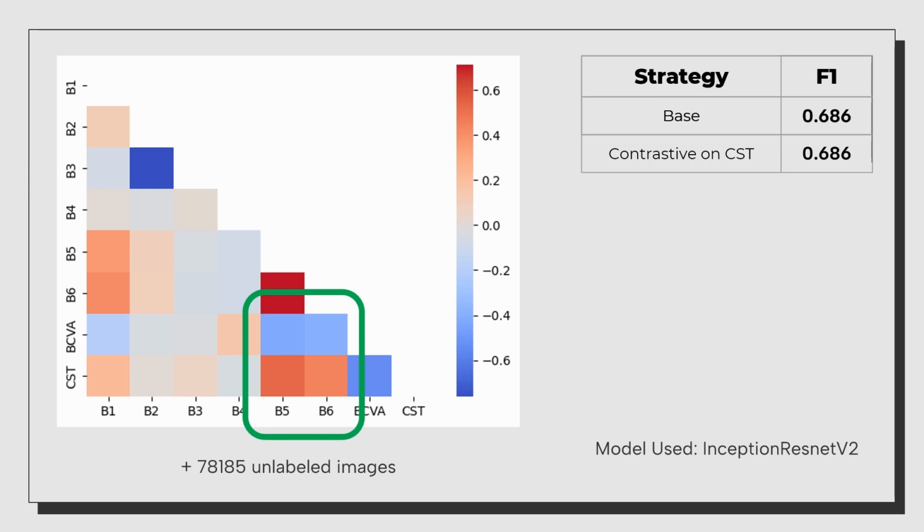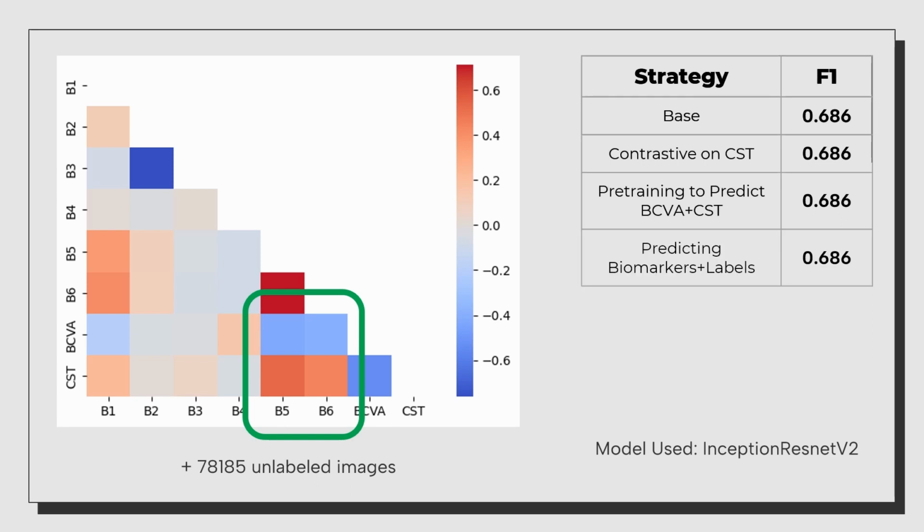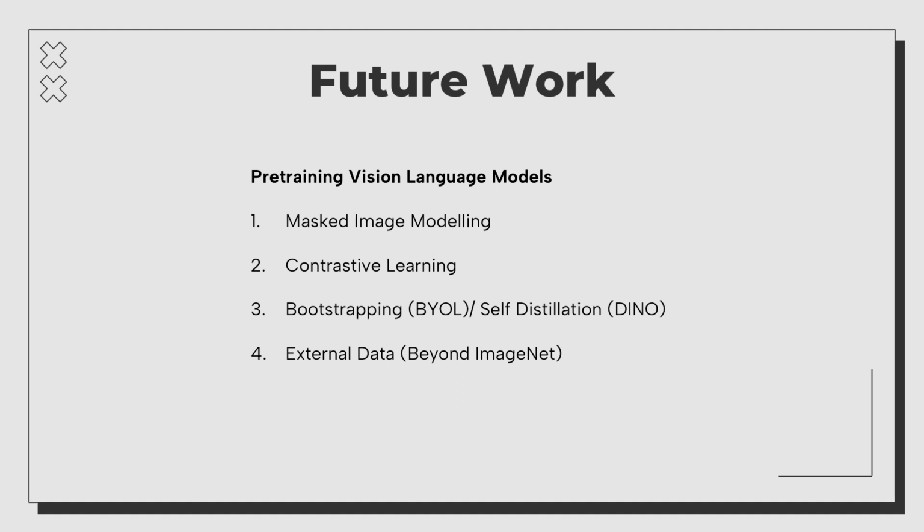We tried pre-training to predict the labels. No luck. How about training to predict both the biomarkers and the labels together? Still no improvement. And finally, we tried pseudo-labeling, where we tried to increase the training dataset with unlabeled data, but that actually harmed performance by a lot. All of these attempts were on the Inception model due to computational constraints. That does not mean they can't work on other models, especially large transformers that can store a lot of knowledge implicitly. It might be worthwhile to try them and some other transformer-specific things on vision transformers,